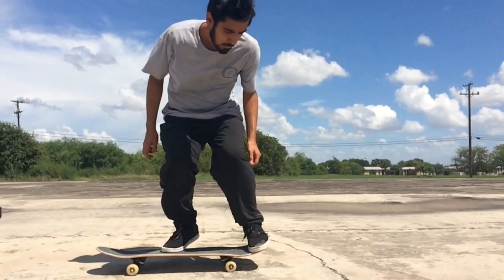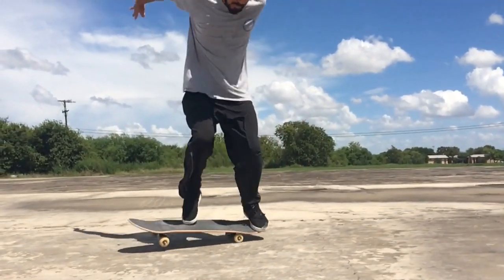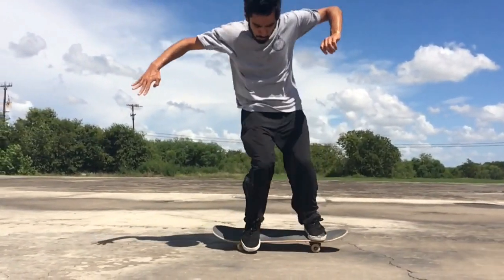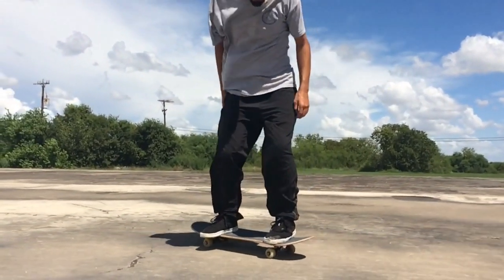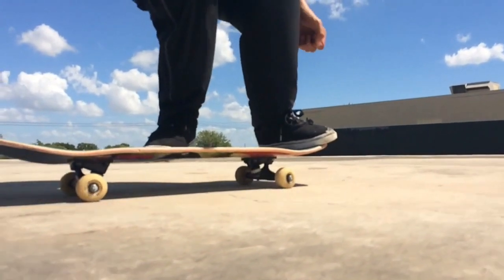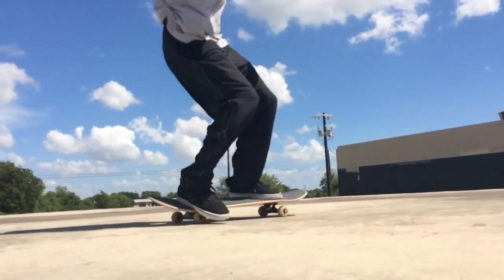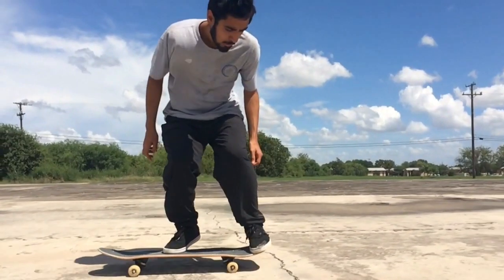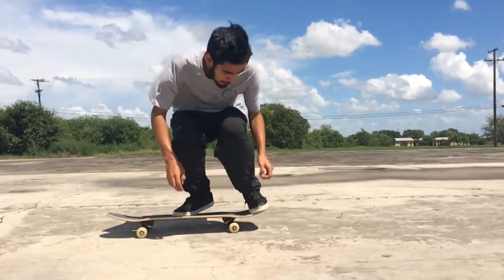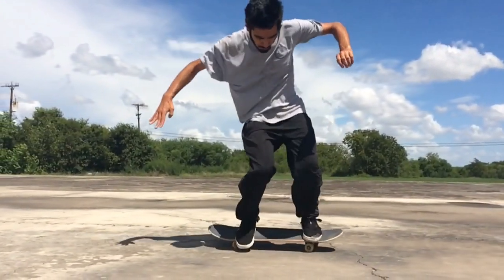So you're going to set up like you would for a Tre flip. Of course, it's just going to be the opposite feet instead, and you're going to put your front foot on the very tip of the nose. If you want a good pop on a Nollie Tre flip, like I said before with my regular Tre flip, if you've seen my tutorials on how to Tre flip, you would know that I talk about putting the back foot on the tip of the tail so you can get the best pop. Well, the same thing goes here for the Nollie Tre. You want to put the front foot on the tip of the nose so you can get the best Nollie